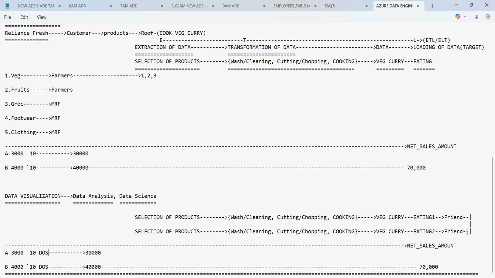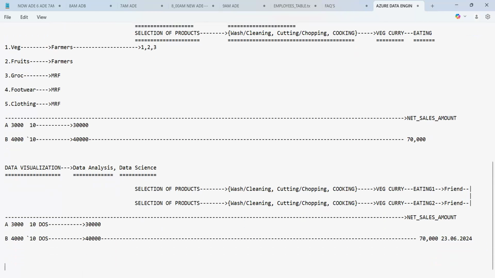Let us say net sales are 70,000 on today's date, 23/06/2024. Now there is another situation where you have to tell what the expected sales would be on 24/06/2025. Now, 24th of June is future for us or a present date?